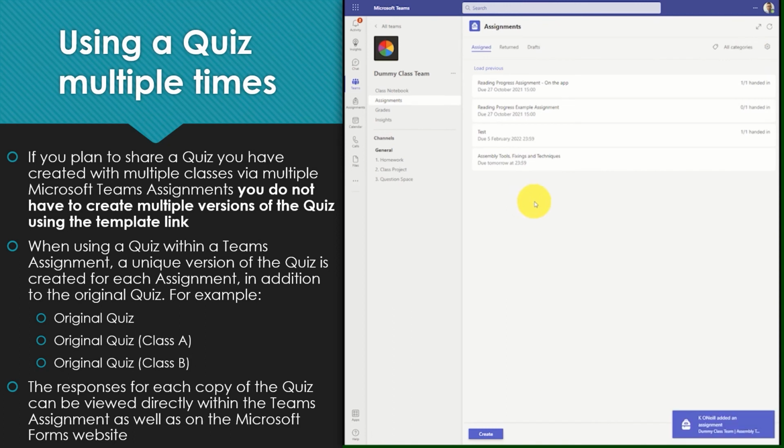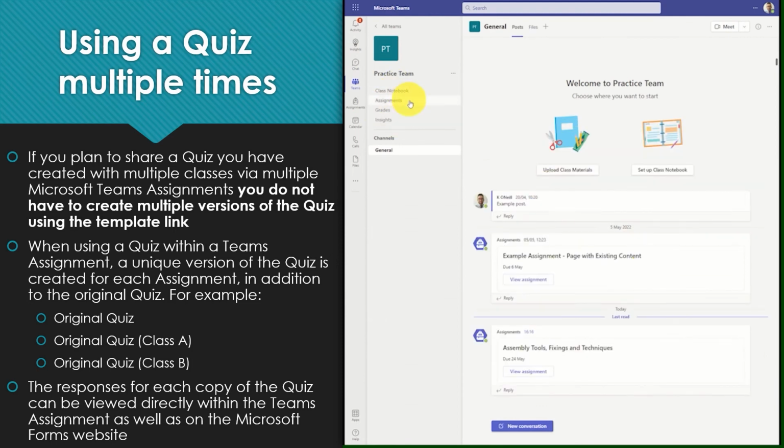Now, the different list of pupils within my dummy class team can respond to the same quiz. Each quiz is now its own unique version, so the Assembly Tools and Fixing Techniques quiz which exists within my dummy class team will have a separate list of responses compared to the assignment which exists within my practice team. I can choose to view the responses to each assignment within the respective team, and I can also navigate to